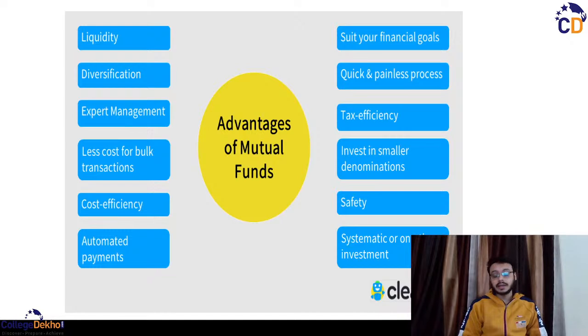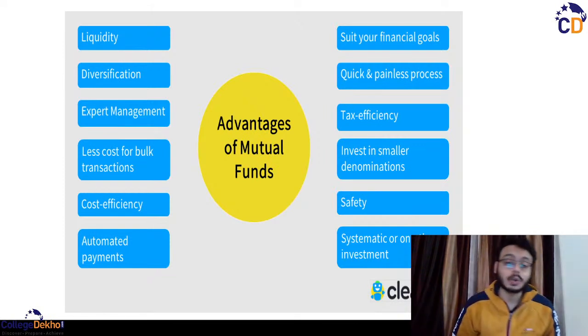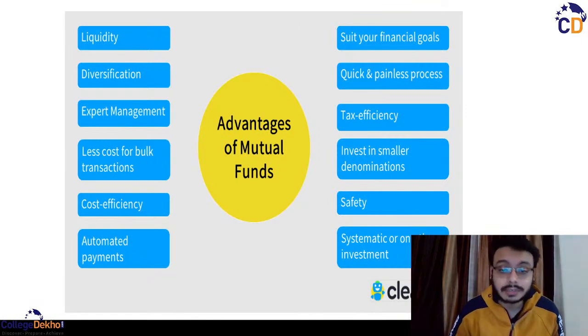risk appetite. For example, if a person is in the age of 20 or 25 years, in early 20s or early 30s, that person can take a considerable amount of risk because he's young and he can make his income. Paisa do bhi hai, that person can make his income. That person is more concerned about the capital appreciation and growth. Whereas a person who is in 50s or late 40s or 60s, that person might be more concerned about